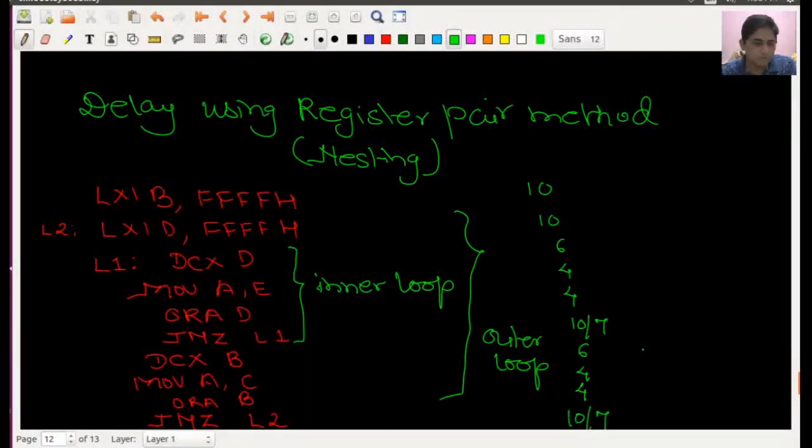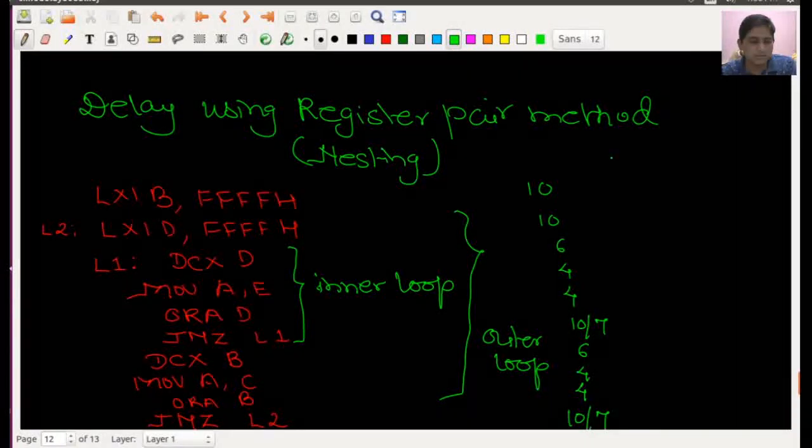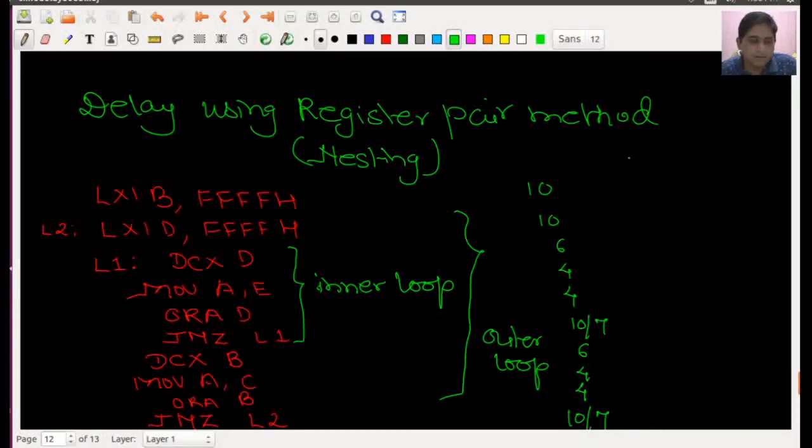Okay. So you can do the calculation and check what answer you are getting if you are using this method, and please try to find out the maximum amount of delay that you are getting for this one. Okay, and then check. I will tell you the number of T states for the inner loop.